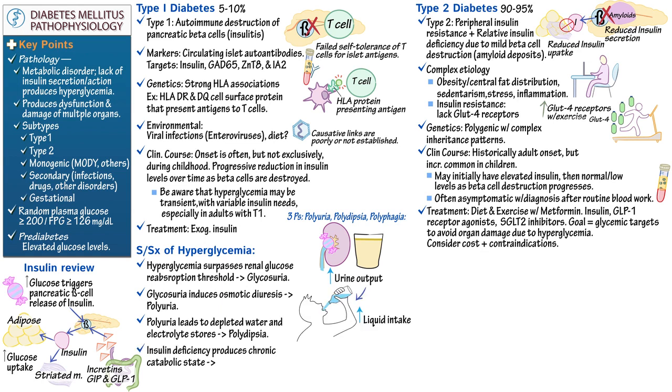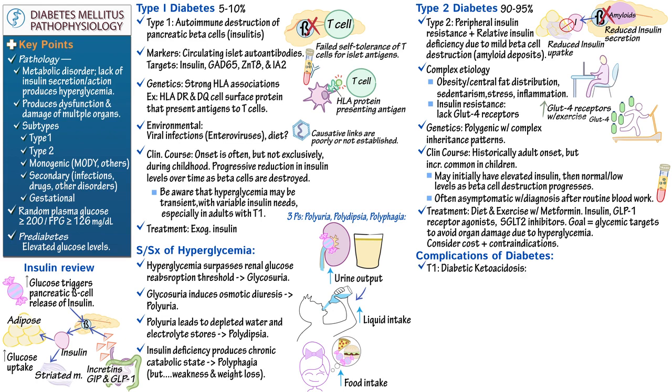And because insulin deficiency produces a chronic catabolic state, patients are often hungry, leading to polyphagia, increased food intake. Recall that despite the increased food intake, type 1 diabetes patients typically have muscle weakness and weight loss due to the inability to store and use glucose as a building block for muscle or fat. Finally, let's consider some serious complications of diabetes. First, indicate that patients with undertreated type 1 diabetes can experience diabetic ketoacidosis, which is